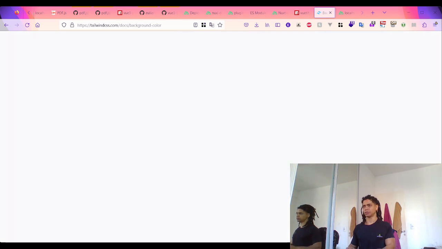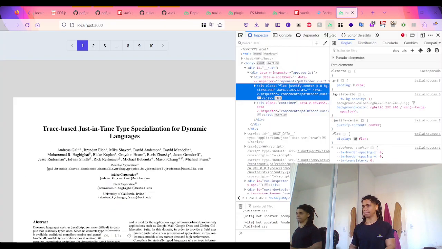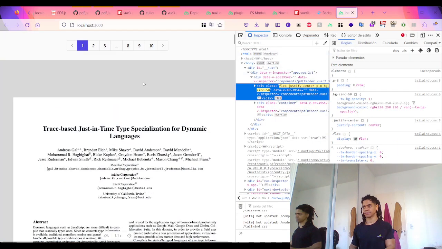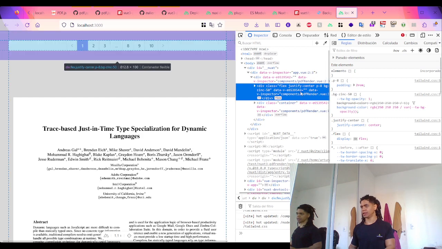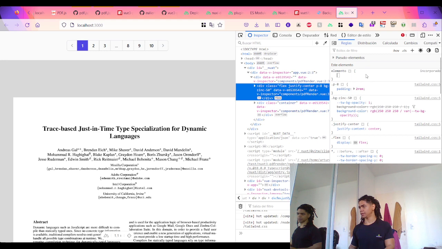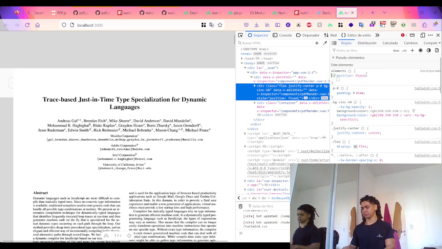Think color. Most likely this. Okay, great. Now here, this is when things get tricky, because I must indicate that this is a fixed position